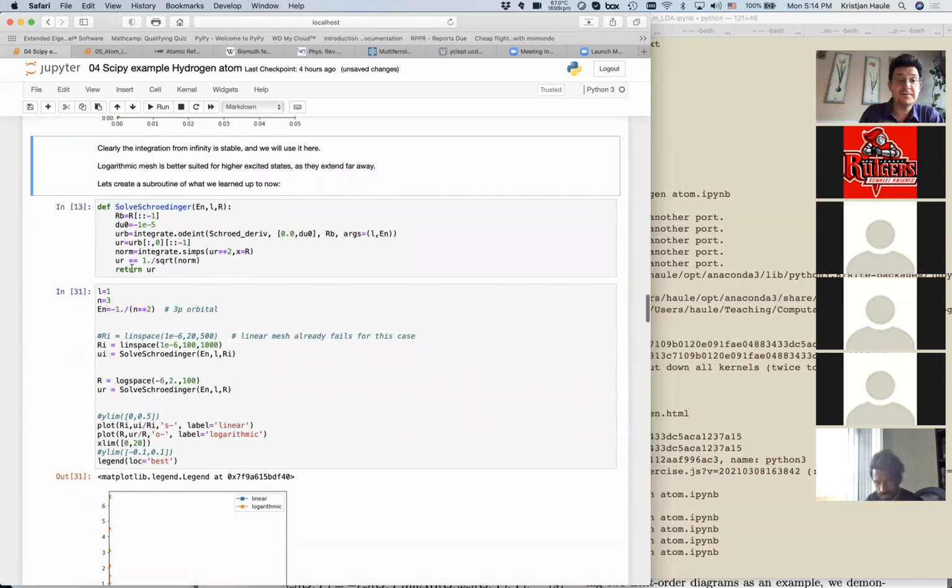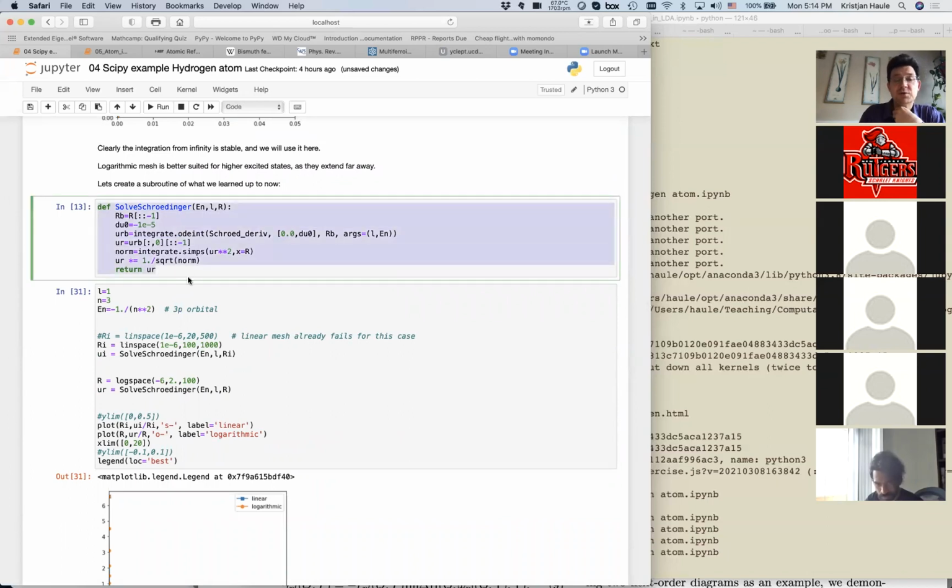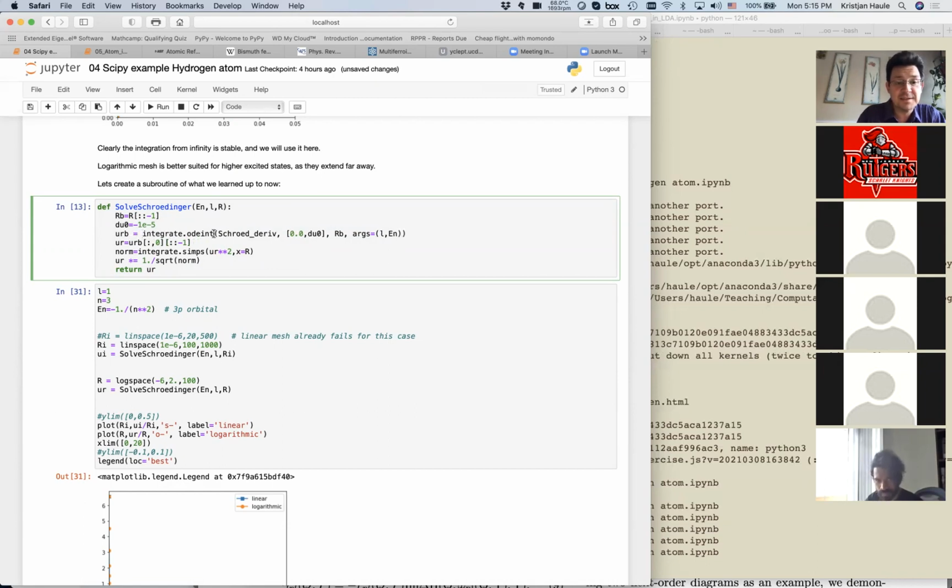Okay, so now we put all this knowledge together into a small routine, which we're going to use later on. So we're going to define this function solve Schrodinger. The input is energy, L and R. And then we're going to do exactly the same procedure as we've done here, but maybe I can condense this. So we are going to do this integrate, the int. We're going to use the Schrodinger derivative function, which was defined above. Then the initial condition is going to be value at infinity 0 and derivative at infinity is a very, very small number. We're going to take negative